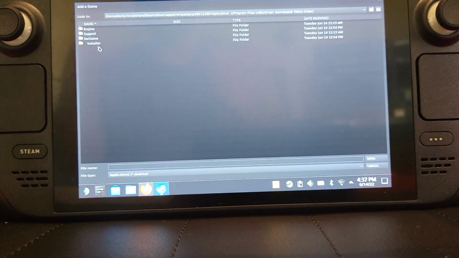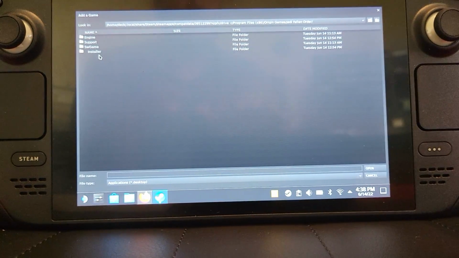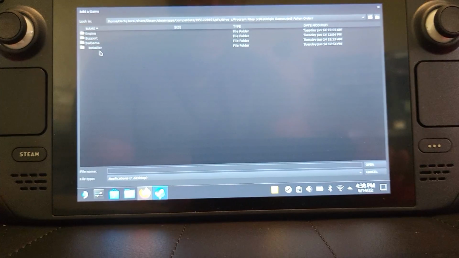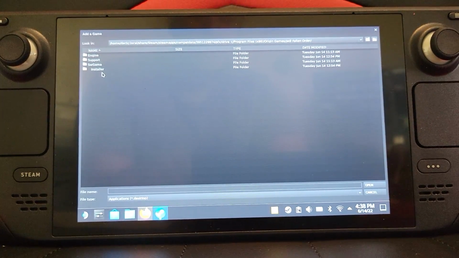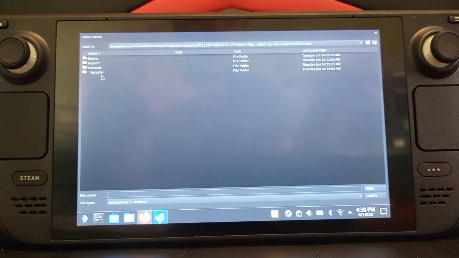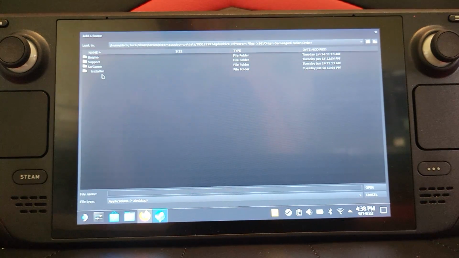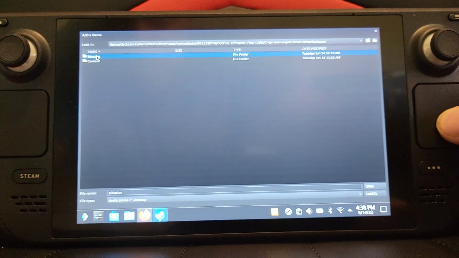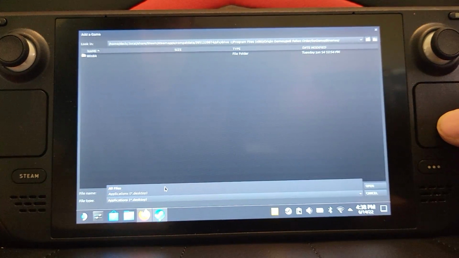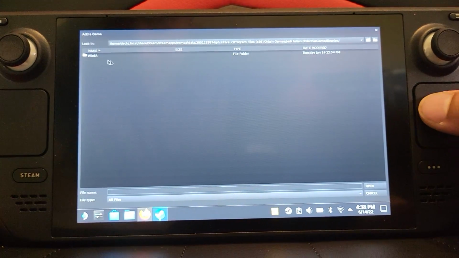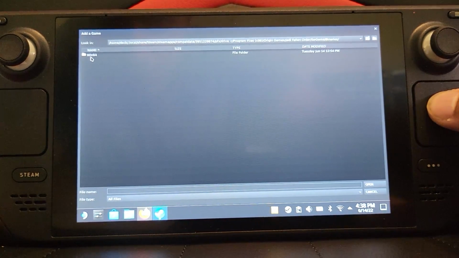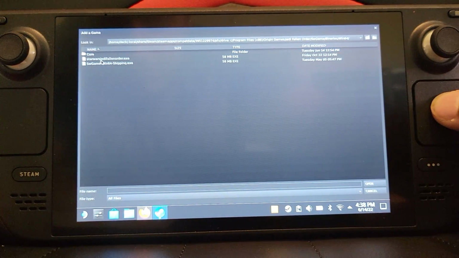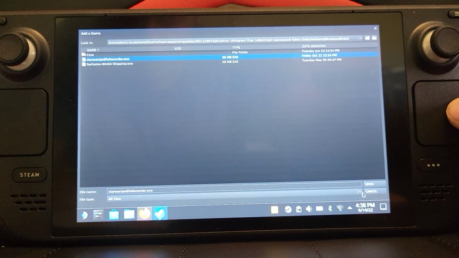And in here you need to find the game.exe. If you can't find it, this is something you might have to Google, because depending on how the developer has set things up, the installation directory might be different. I know that if I go to SW game, go to binaries, make sure you select all files, otherwise you will not find it. Win64, Star Wars Jedi Fallen Order.exe, there we go. Click open,